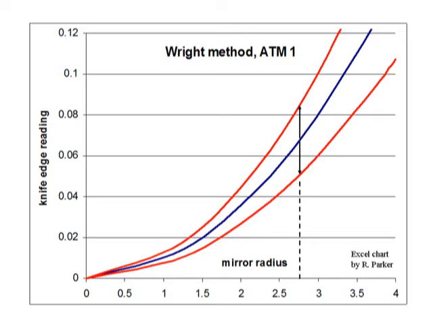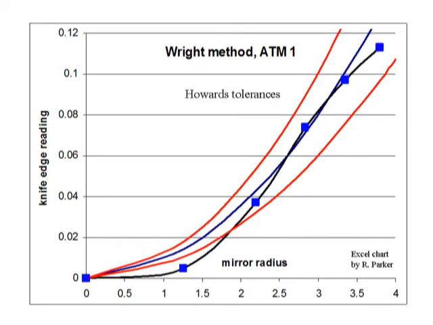Now, we have since learned that this isn't really what the boundary curve is supposed to look like if we follow true optics. It's not supposed to converge at the center. But by making one that does converge at the center, experience says we can stay with a surface at a quarter of a wave rather than having to deal with it. We end up with something a little wider than you might think at the top, but it does work. And I'll show you that toward the end of the presentation here. This is Howard's mirror, how it happened to fit within the tolerance, and I would just like to again emphasize that